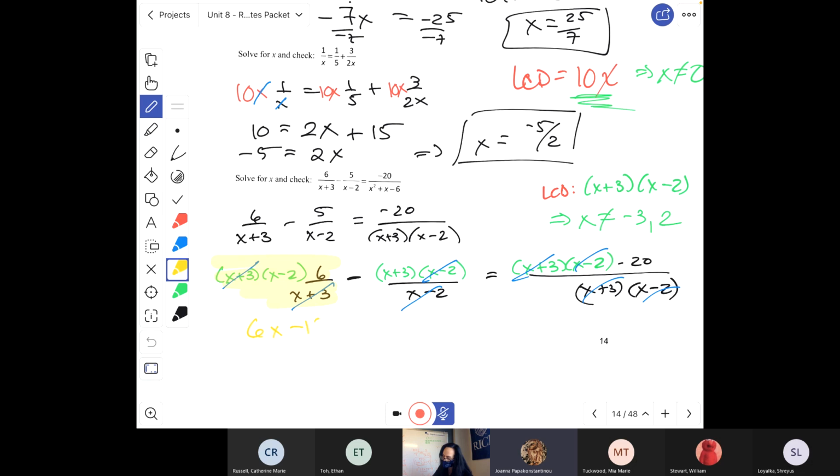6x minus 4. Thank you. Minus what? Where did my little 5 go? There we go. It's back. So that becomes just minus what? 5x. Minus 15. So that becomes 5x plus 15, remember I'm subtracting. Are we okay with that? Okay. And then on the right-hand side, I just have,